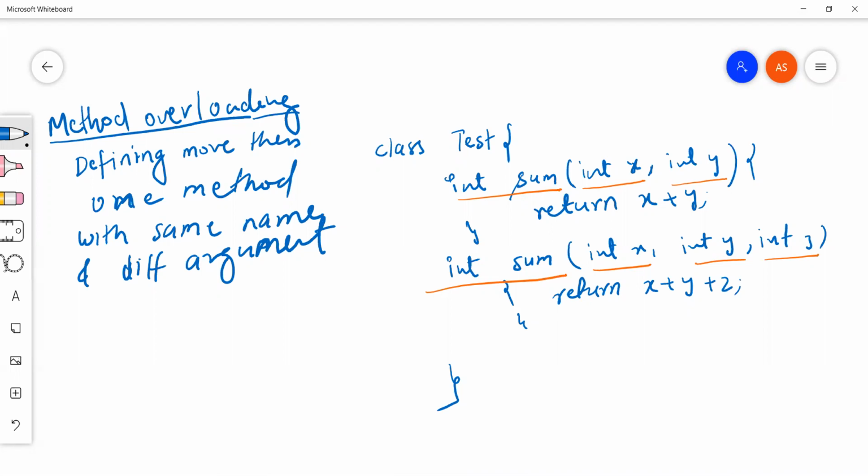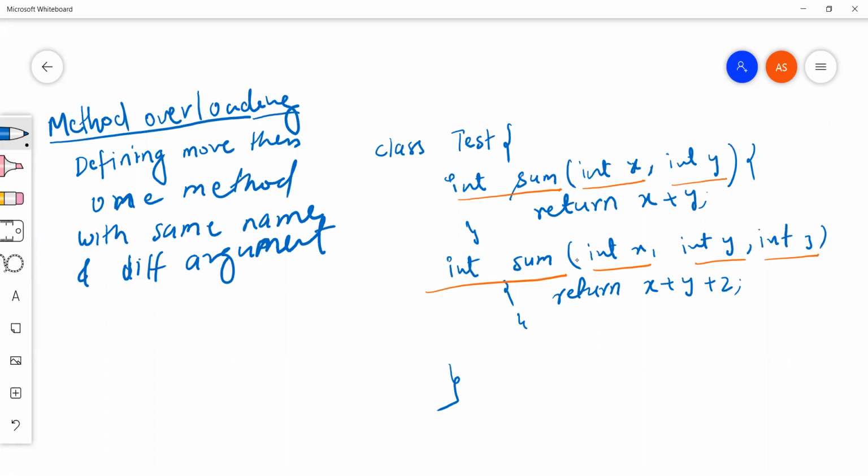So what we can do is, once we found a name, we can reuse that name with the help of overloading. Getting my point? The other benefit would be the readability of a program. So it increases the readability.